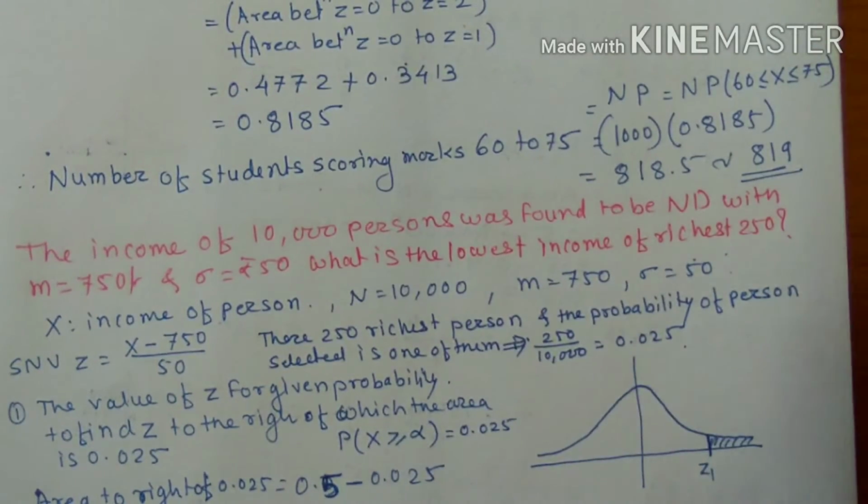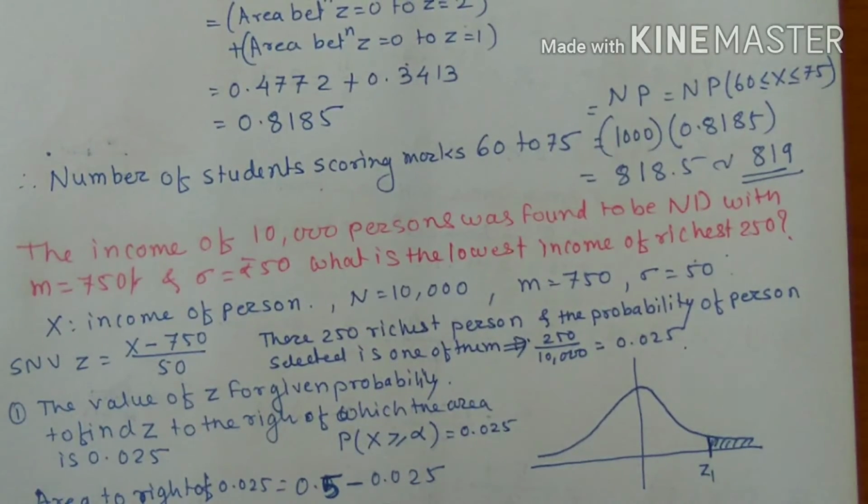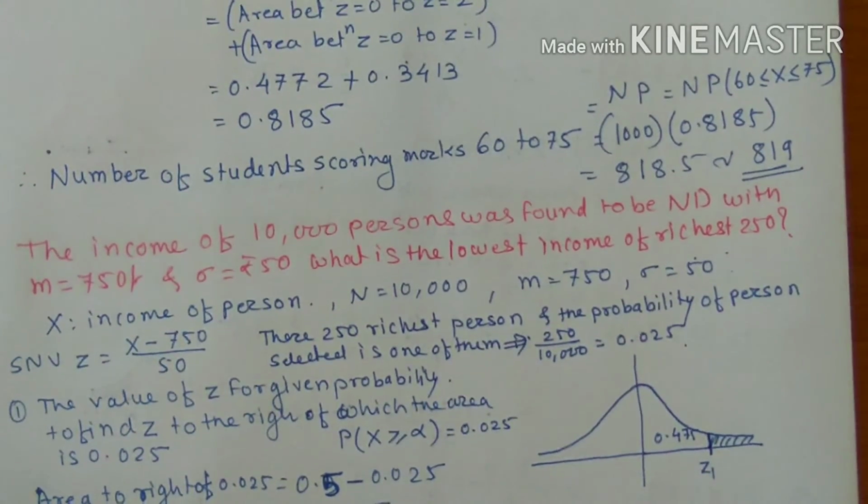So the remaining area is 0.5 minus 0.025, that is 0.475. Now for 0.475, from the table, the area from z equal to 0 to z equal to z1 is 0.475. Therefore z1 is equal to,